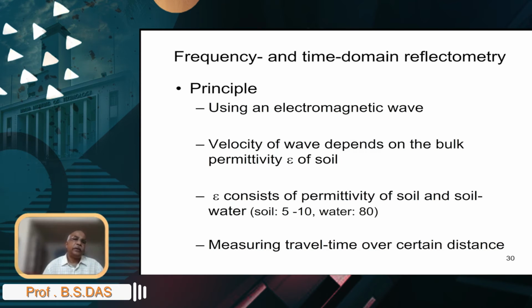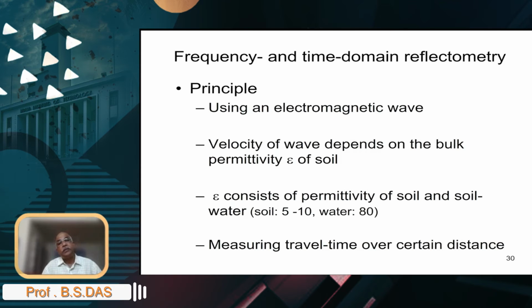So here the basic principle is that if you pass electromagnetic waves through the soil, water being a dipole, polar, it would get polarized because of the electrical field, and if you change that electrical field, it would show you a change in its